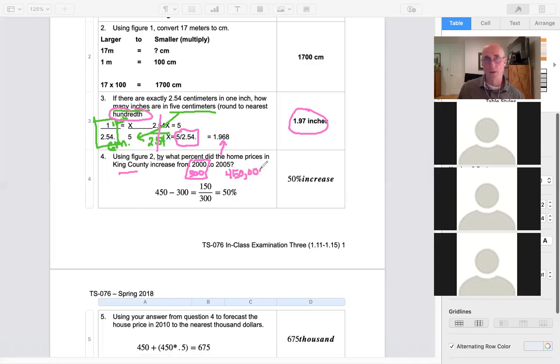So what I'm going to do is put a box around that so you can see those go together. Okay. So in 2000, they were 300,000, and in 2005, 450. They went up a lot. Okay. So in your notes, if you're taking notes, you also have this in your notes: the formula for